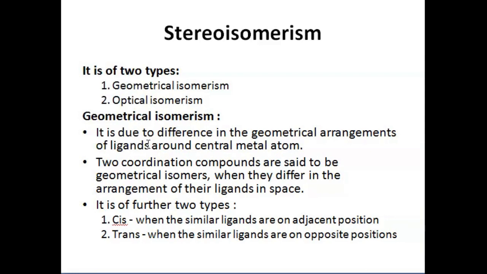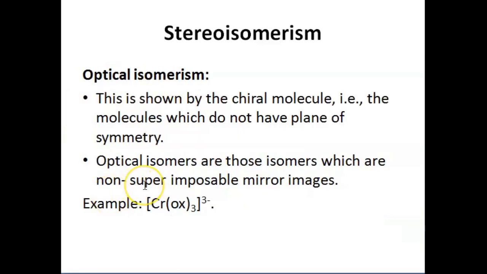In cis, the similar ligands are on adjacent positions. In trans, the similar ligands are placed on opposite positions, and then we call it trans geometrical isomerism. The second type of stereoisomerism is optical isomerism, and this is basically shown by chiral molecules,